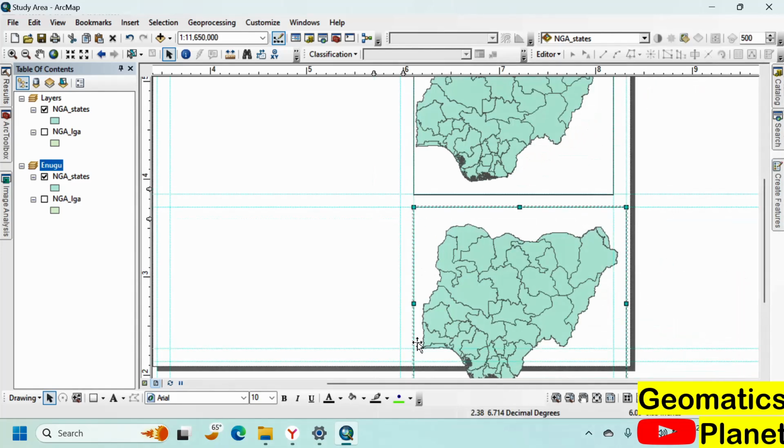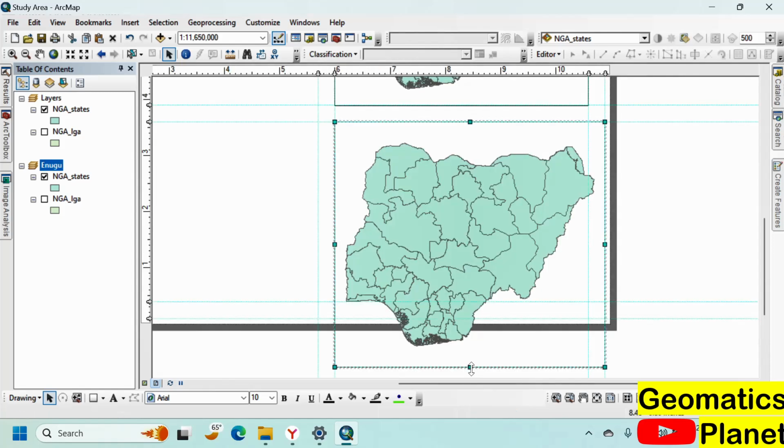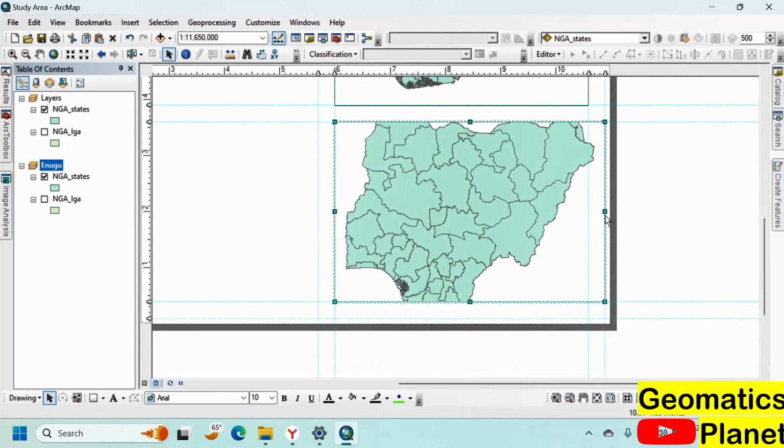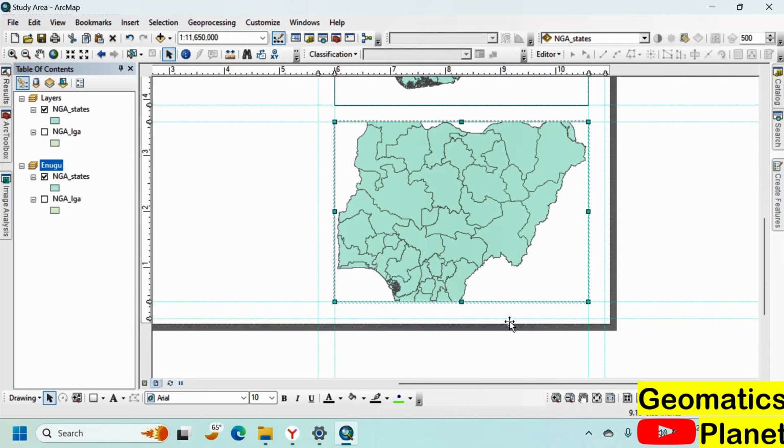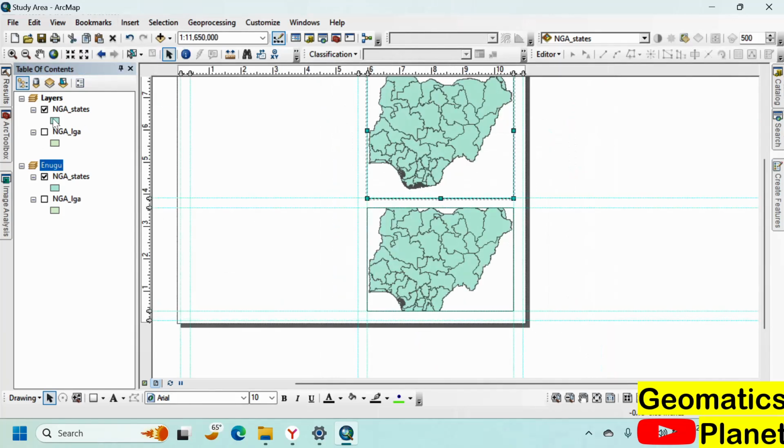Now why am I leaving this gutter on the right? Because I know I'm going to add a grid, so I want everything to be the same size and the same focus. You see here, now if I click, because I selected this layer, the Enugu layer, if you go to bookmark, you see this Nigeria. But if I click on this, what I'm saying is that when you're acting on a layer, remember that the